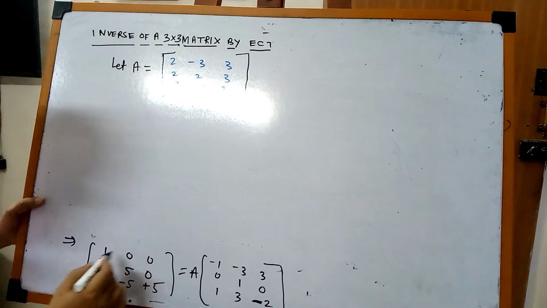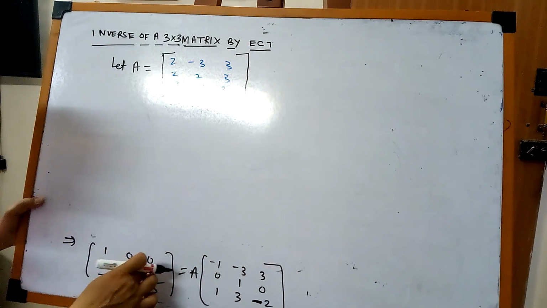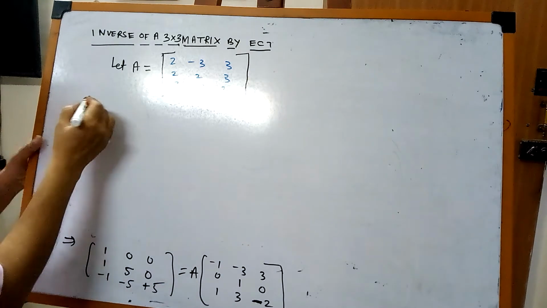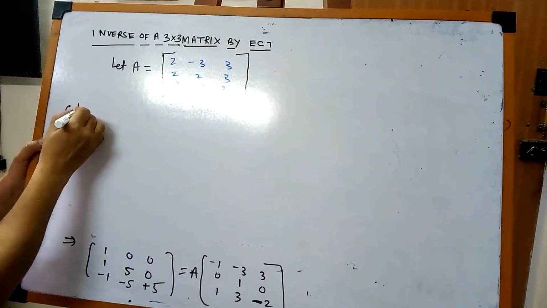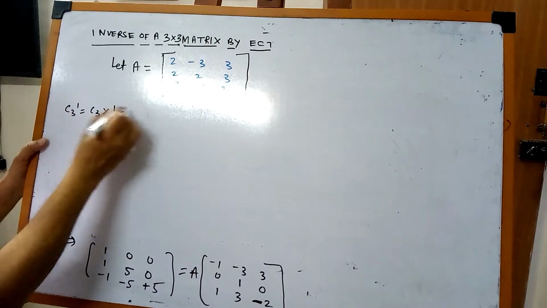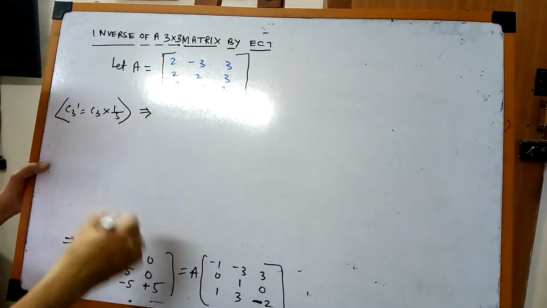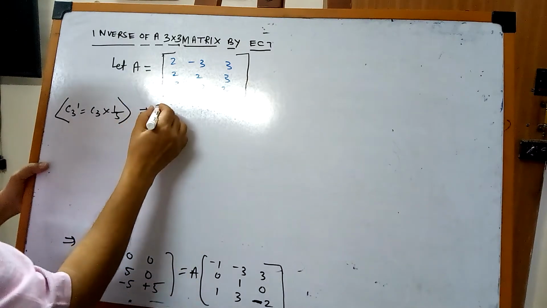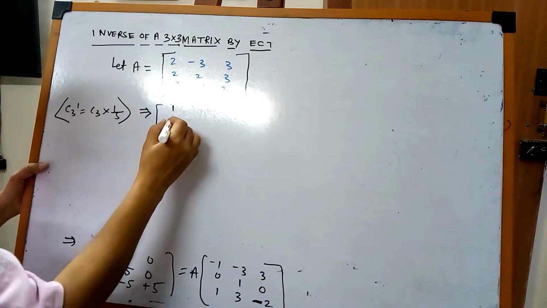So how to get 1 0 0 here? I have to get 0 1 0 and 0 0 1. All this I have to get. I can try first by making this one 0 0 1. I have to divide this by 5. So I am writing the operation here first, that C3' = C3 into 1 by 5. This implies 1 1 minus 1,